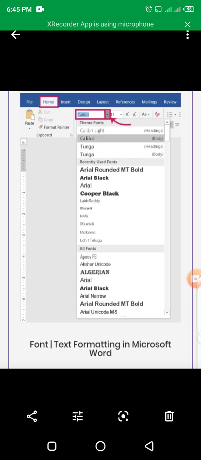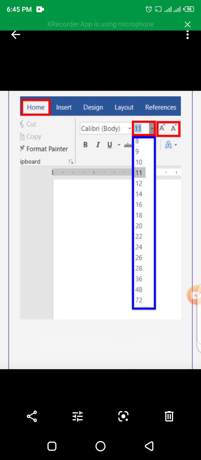Now this is a clear image of how you can change the writing style of the text. First type one paragraph in Microsoft Word, then highlight that particular paragraph and click this scroll down menu and then select the option of which style you want to apply on it. Now changing the size of that text, here is a list of numbers given. You can select one of the numbers, and I think 12 is the standard text size for a professional document. You can apply it.